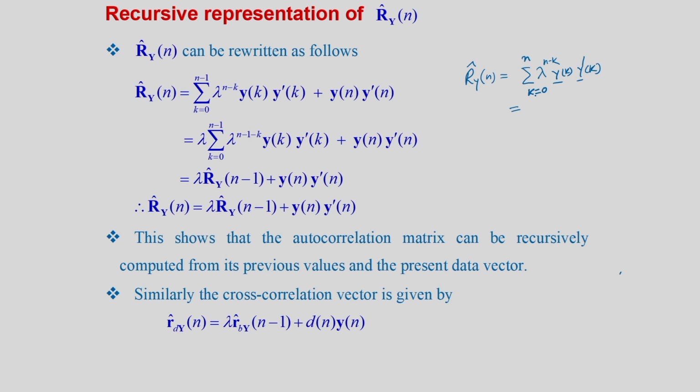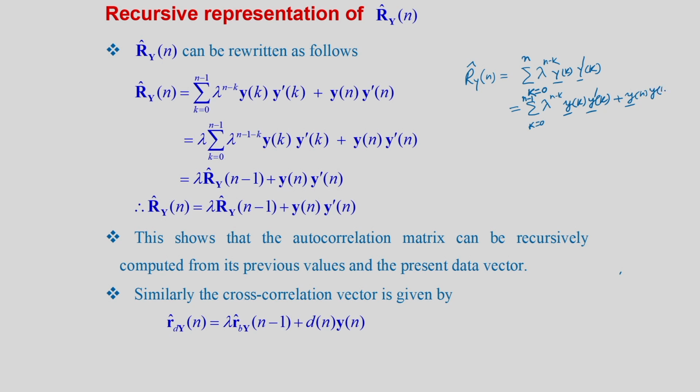So, if we take the first n minus 1 terms, then we will have summation lambda to the power n minus k, y k into y k transpose, k going from 0 to n minus 1, and the last term when k is equal to n will be lambda to the power n minus n, that is lambda to the power 0, is 1. So, the last term will be simply y n